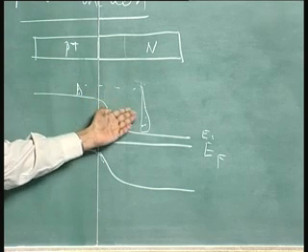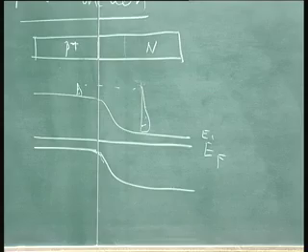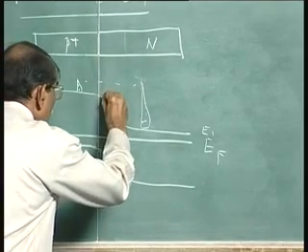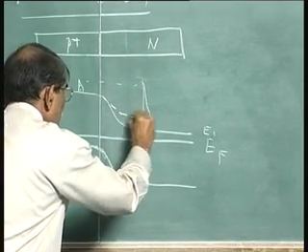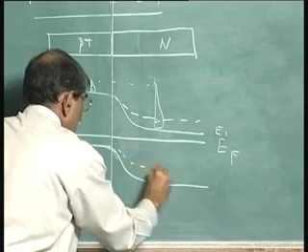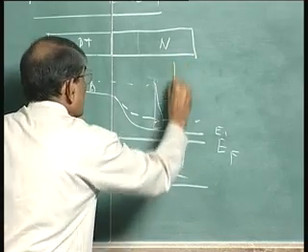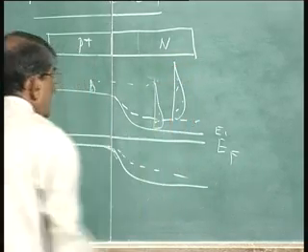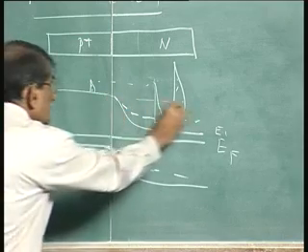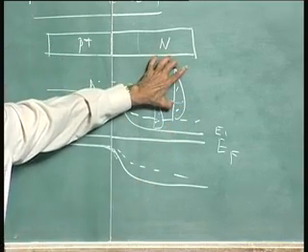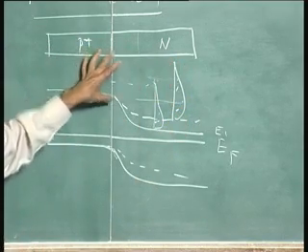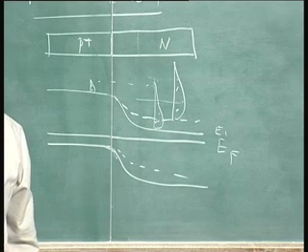Now, look at the fate of the electrons which are injected from here to here when I forward bias. When I forward bias, the dotted line becomes like that. I can actually compute the total number of electrons which have energy to cross this, exactly the way you have computed the electron concentration